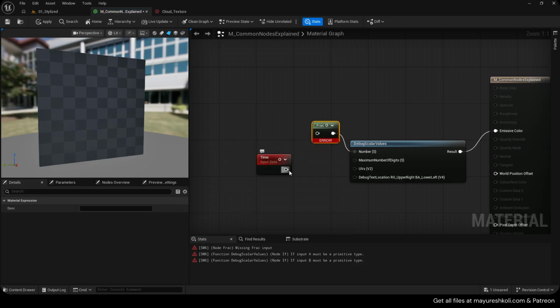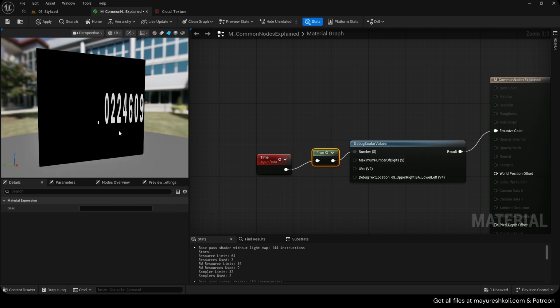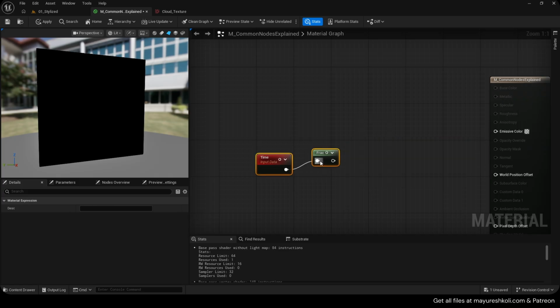Again, if I just connect the time node directly, we can see how it looks, but the right part goes from 0.0 to 9. So if I take the frac node and add it in here, we get a value which goes from 0.0 to 0.99, 0.999. And with this,